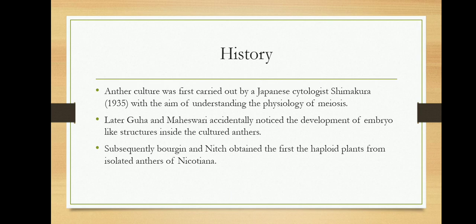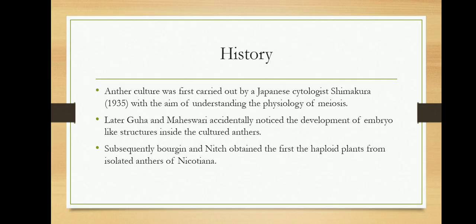Subsequently, the scientists Borgin and Nist obtained the first haploid plant from the isolated anthers of Nicotiana tabacum. And during the last decade, much progress has been made in the anther culture of rice, wheat, maize, potato, belladonna,